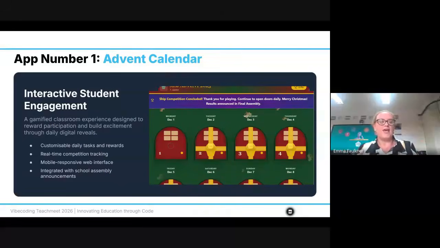Basically, at school, we have a house system called a ship system. It's very confusing, but it's a girls' school, it's tradition. So in our ships, we had Christmas competitions going on. I was like, I really want to get involved in that. And so my first app was to develop a whole school advent calendar,